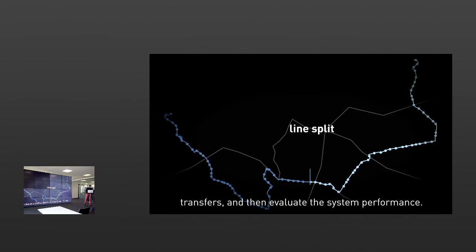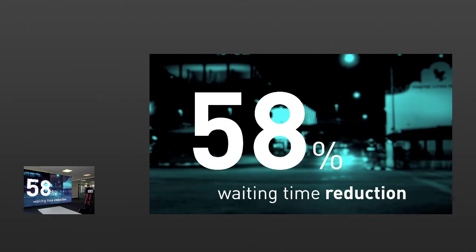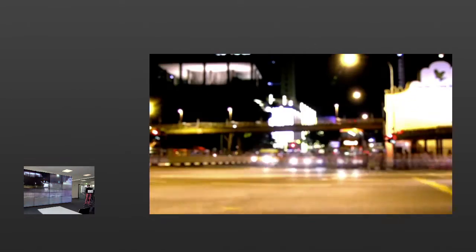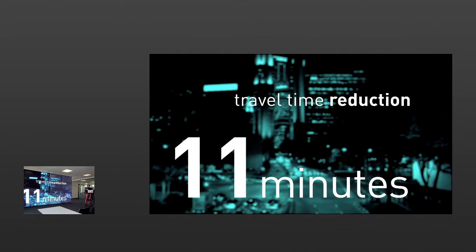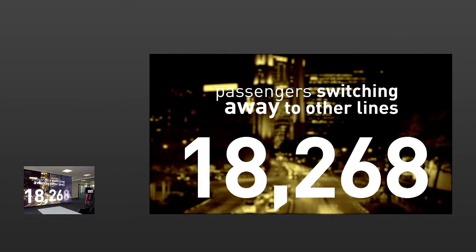And then what we tested is, okay, let's do something simple. Let's split the line almost in the middle, and then rerun the simulation and just look what happens with regards to travel time, waiting time, and so on. And the results were pretty solid. So 60% waiting time reduction, travel time reduction, 11 minutes. Obviously, people are coming from other lines because this line becomes more reliable. But